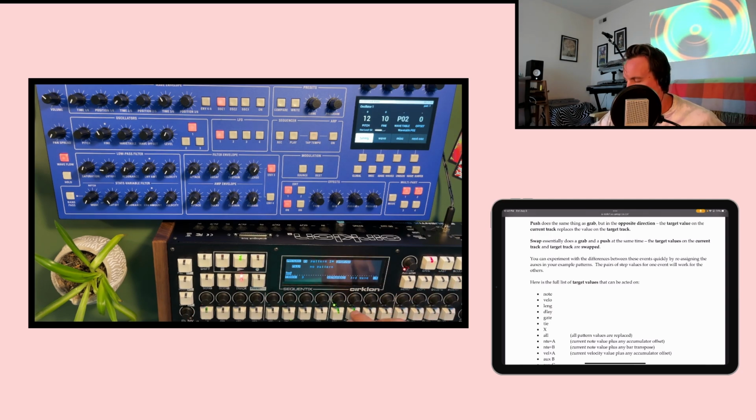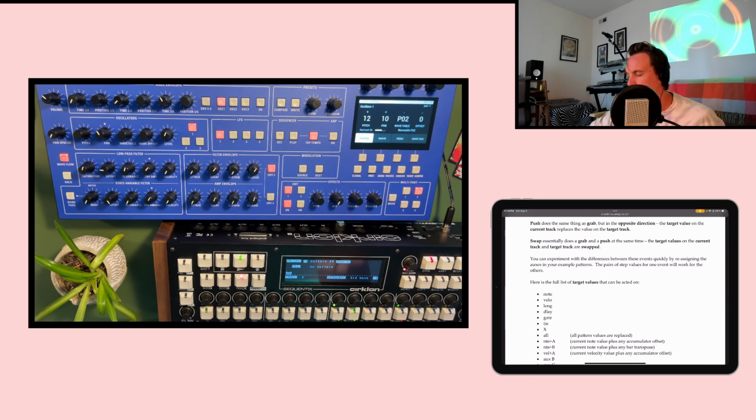Okay, so just for clarity, this is the track 9, the current track. That's the timbre of that track. And this is the timbre of the second track. And track 9 is what's driving swap. And so when you have both, that's quite cool. When you have both, you can hear